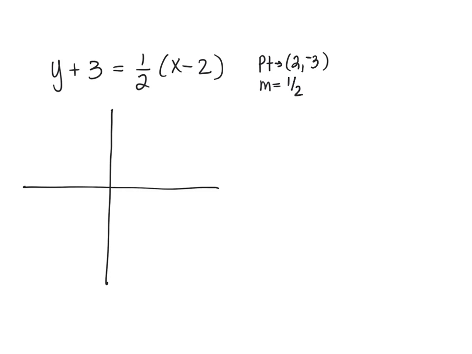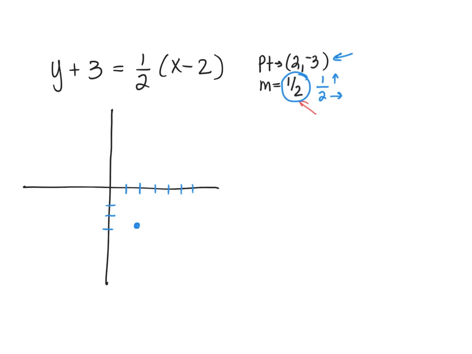Keep in mind that the slope tells you how to get from point to point. So first thing we have to do is plot the point at (2, -3). So now that I have my point at (2, -3), I'm going to rise and run to my next point. Since my slope is 1/2, that means I'm going to go up 1 and 2 to the right to my next point. So up 1 and 2 to the right,